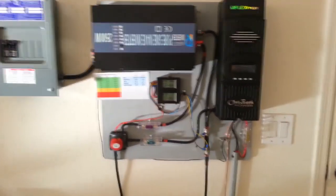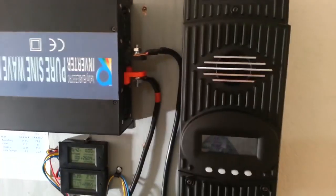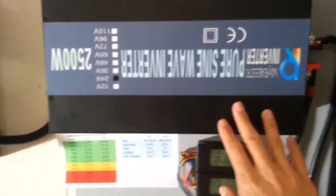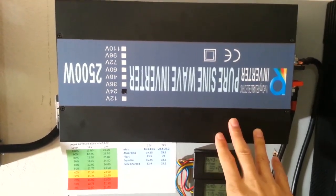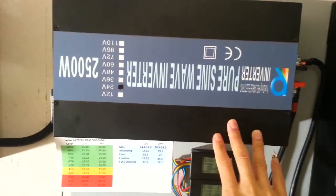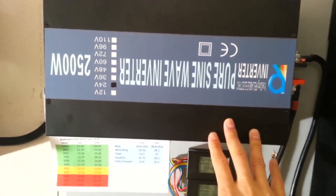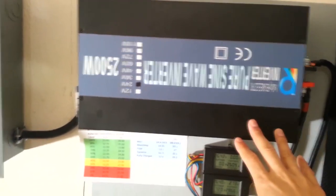But I just want to show you my system. So I decided I was going to go with the Flexmax Outback Flex 80 charge controllers, and then I went with a 2500 watt 24 volt system. So this is continuous 2500, and then surge 4000, but I don't think it goes quite that high. You know, probably 1500 to 2000 continuous, and maybe 3000 surge, because all of these Chinese inverters don't really have